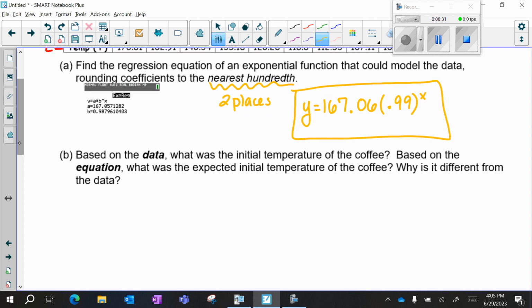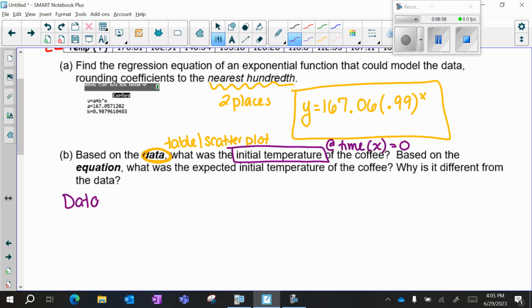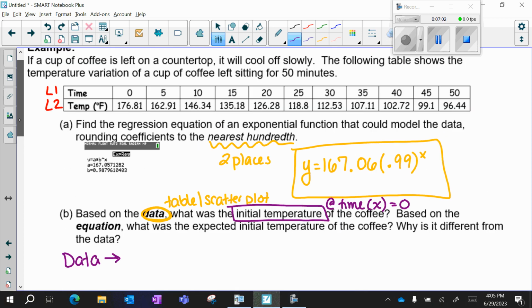Part B, based on the data. So if I'm looking at data, this is going to be my table or my scatter plot. We'll talk about those in a minute. Based on the data, what was the initial temperature of the coffee? So that's at time, which is my x, equals 0. So based on the data, it is going to be 176.81 degrees Fahrenheit. Then it says, based on the equation,